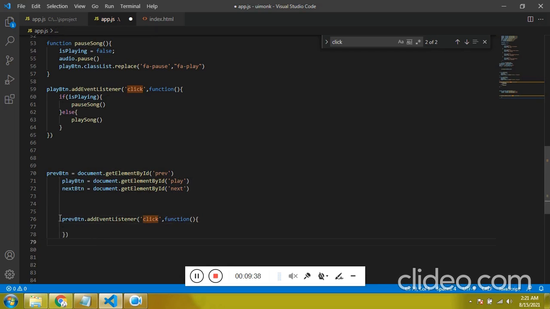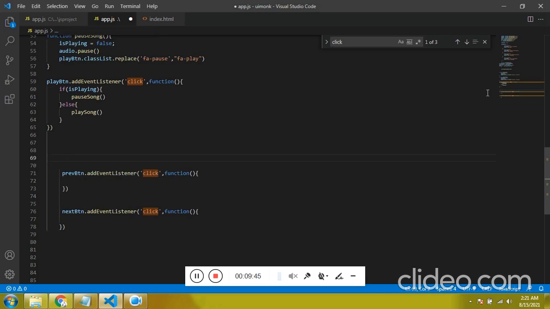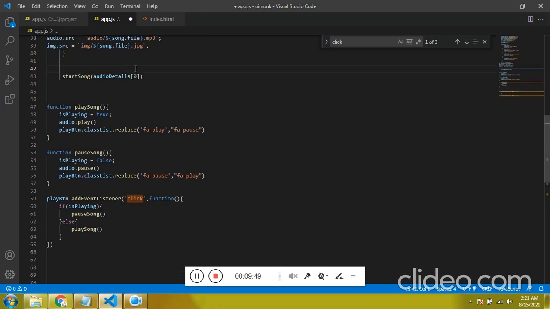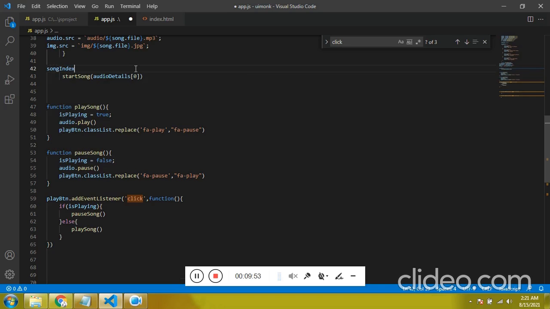The same way for next button. So before doing this, since we have passed the hardcoded value which is 0, let's save this into an index called song index equal to 0. Now we can pass this song index.